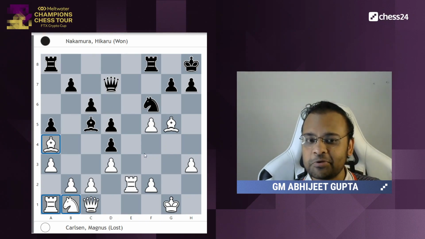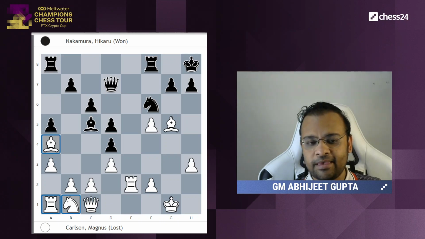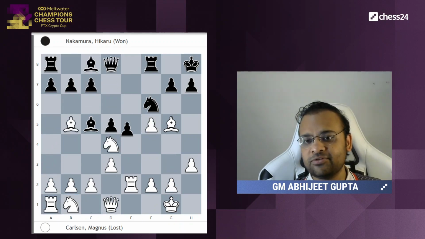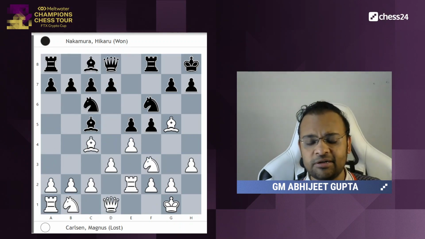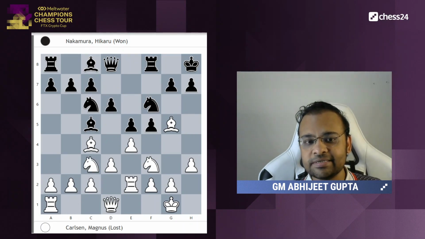So yeah, this is where I ended my analysis, which was quite funny because black just gave up a piece just for a pawn. And yeah, playing for a small initiative, like playing for a slow attack. But Magnus, of course, probably you would have seen it a long time back. He goes for knight c3, d6, knight d5,